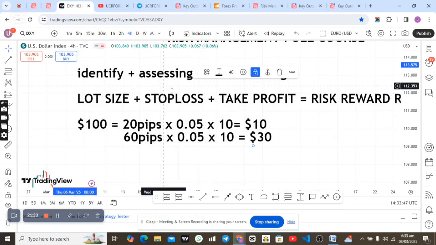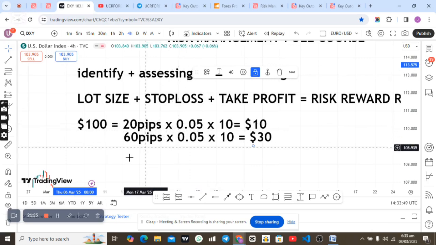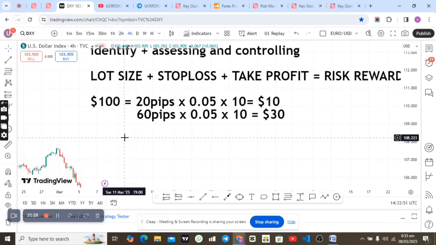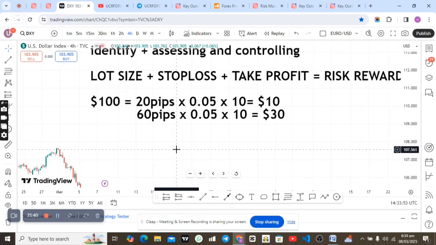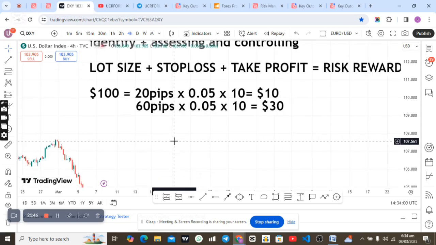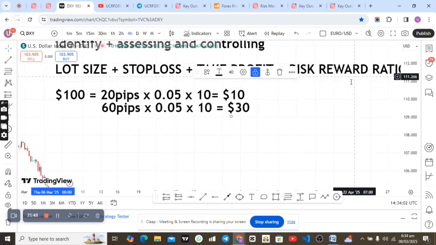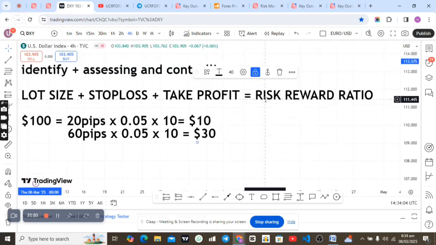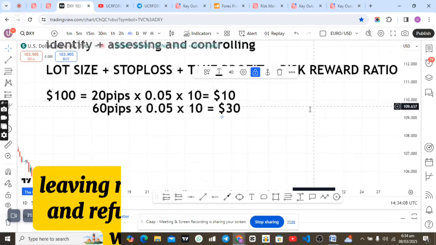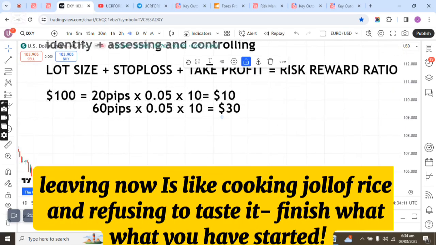Okay, but I never knew that this is the real trading. Today I will make profit, tomorrow I will lose, next tomorrow I will lose. I knew my strategy was really working from day one, but I could not keep profit. All right, so on risk to reward ratio, we will try to understand the reason why most traders fail to stay in profit for a very long period of time.